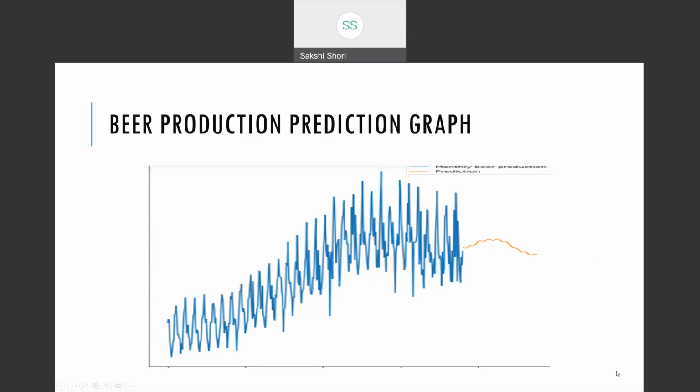So as you can see, there are big gaps which indicate that the predicted values are quite far away from the actual values. This means that model is not very efficient, and it really needs to be tweaked so that this prediction can be somewhere close to the actual values.